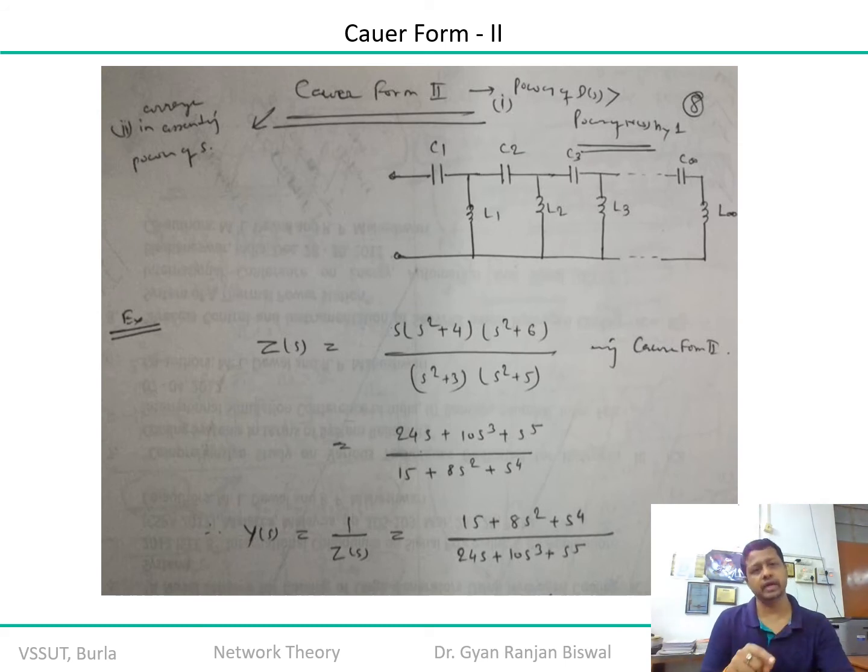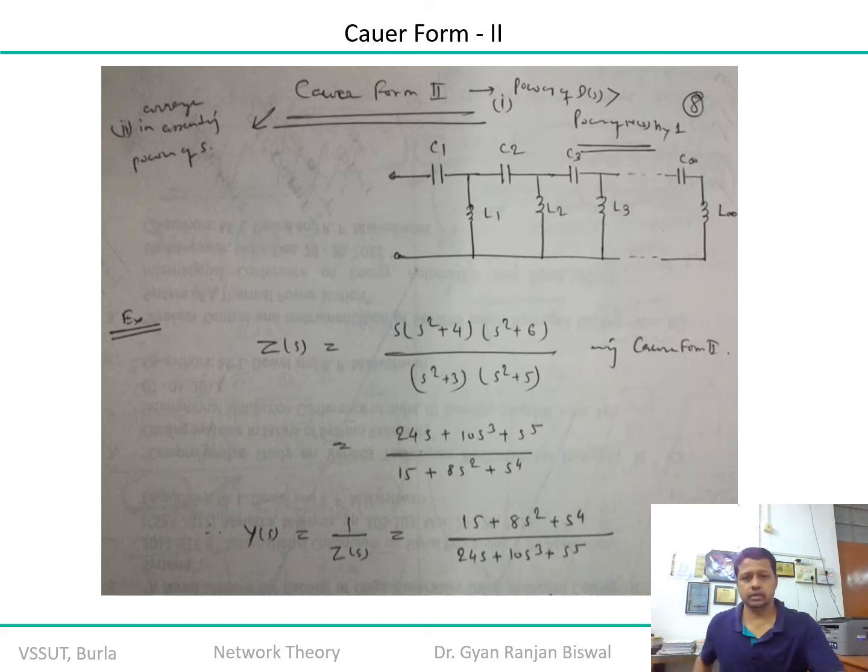There we got the combination of an LC ladder network. Here you will get the combination of a CL ladder network in series, if you can say. So you will have a combination of C1, L2, C3, L4, and so on, or you can arrange it stage wise, as I've shown in the last slide. So it is C1, L1, then the combination of C2, L2, combination of C3, L3, and so on till infinity. Okay. So again, I will insist that you attempt this particular problem and find out whether Cauer form 2 can be realizable with this network or not. And if it is realizable, then synthesize the network by finding the values of all the inductive and capacitive components, over roughly 10 minutes of time.